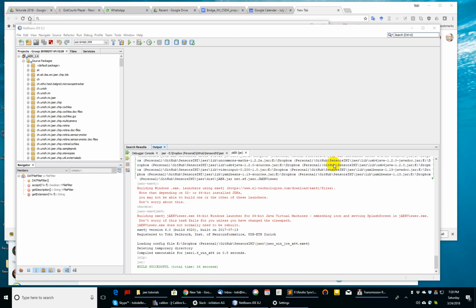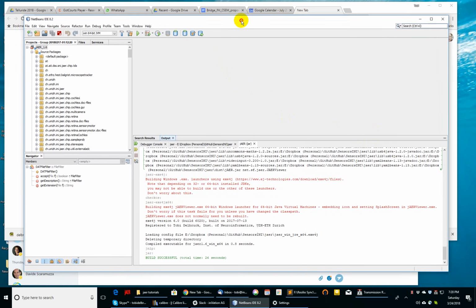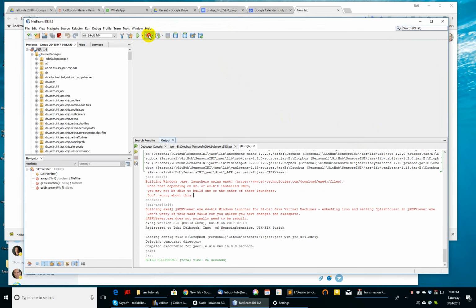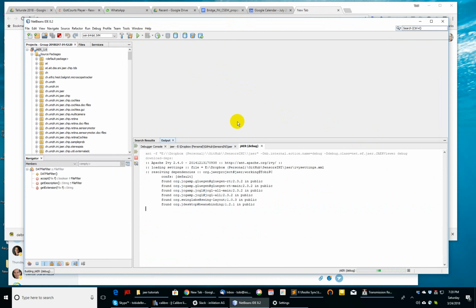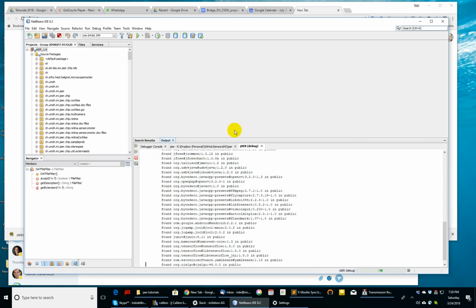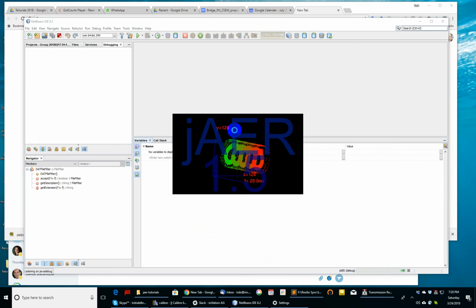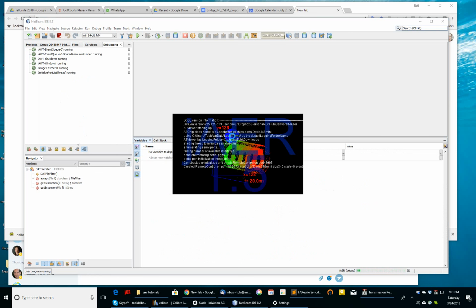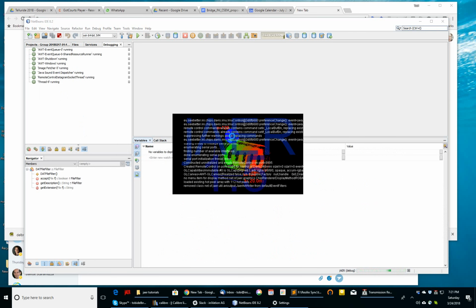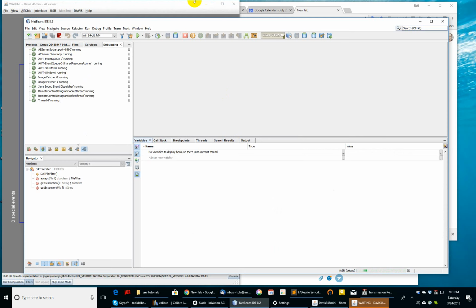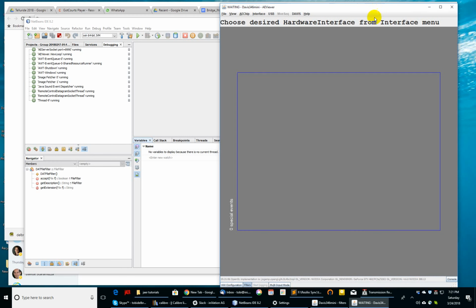In this tutorial I'm going to show you how to develop an event filter in jAER from scratch. I have NetBeans open here, and the idea is that you want to develop your own event processing filter which does something to the data coming from the sensor, produces an answer, and then shows you the result. I'm also going to show you in this tutorial how to make persistent property values, how to add tooltips, and how to do a bunch of useful stuff for filters,